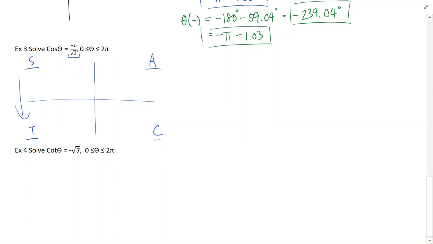Basically, in quadrant 1, all the trig ratios are positive. In the second quadrant, only sine is positive. In the third quadrant, it's only tangent. And in the fourth quadrant, only cosine. So right now, we're looking at cosine being negative, so we know it must be in quadrant 2 and quadrant 3, because cosine is positive in quadrant 1